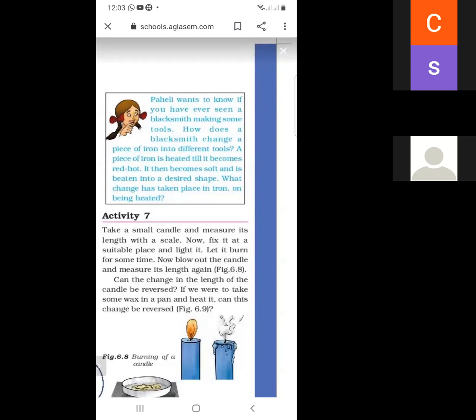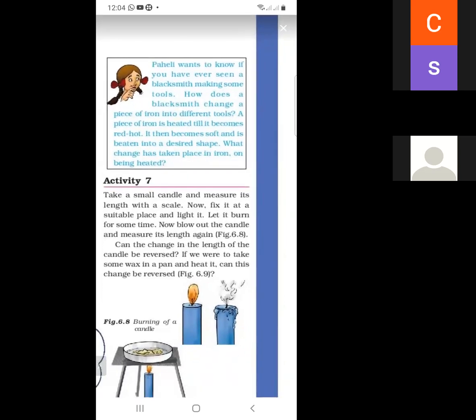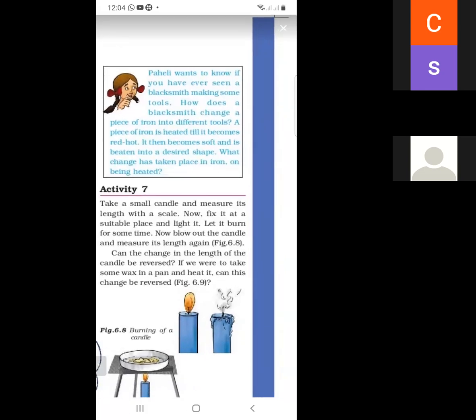When a piece of iron is heated, it becomes red hot, and then it becomes soft and it can be changed into the desired shape. What change has taken place in iron on being heated? So these are the changes taking place in iron when it is being heated.